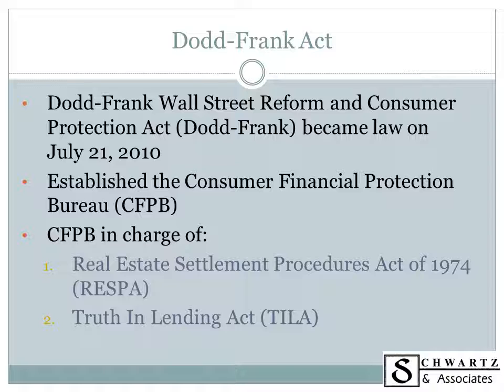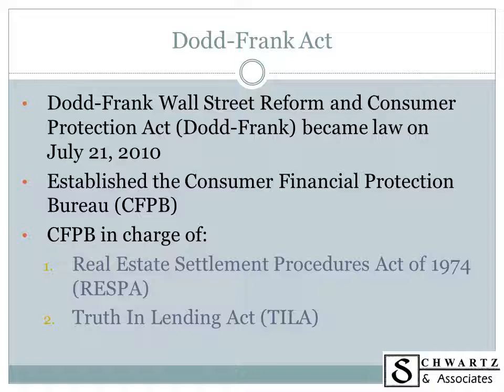A critical component of Dodd-Frank was the establishment of a new federal agency called the Consumer Financial Protection Bureau, or the CFPB. At its most basic level, the CFPB's mission is to protect consumers by carrying out federal consumer financial laws. The CFPB is now responsible for all matters related to consumer protection in the financial sector. It has jurisdiction over banks, credit unions, securities firms, payday lenders, mortgage servicing operations, as well as many other financial